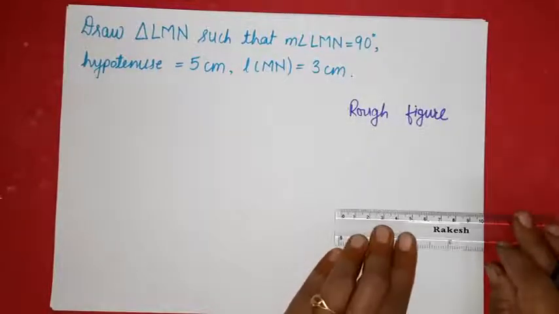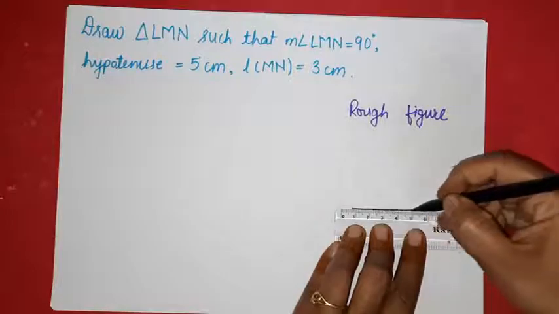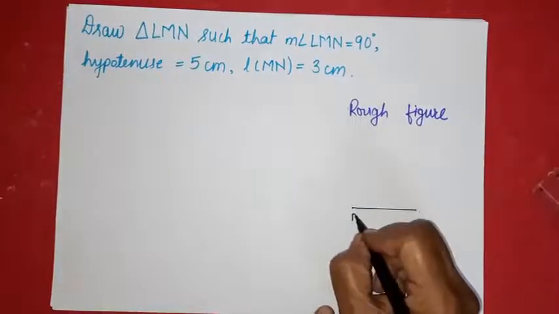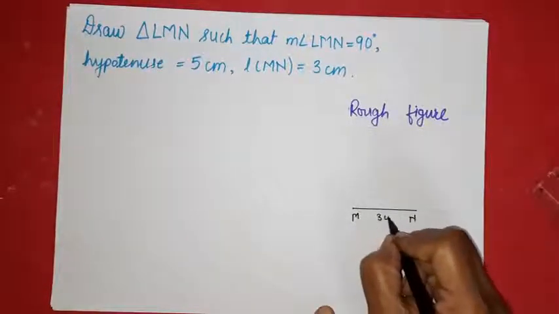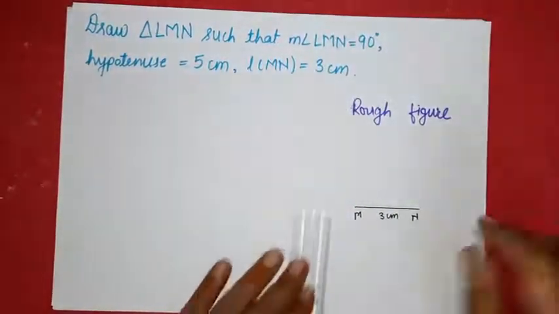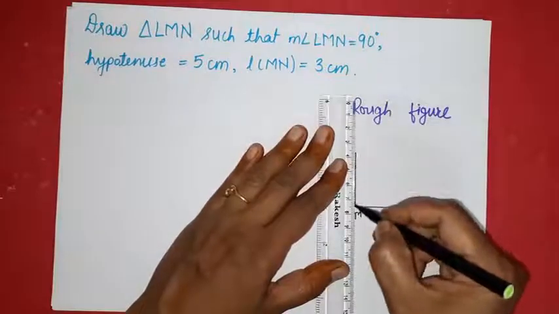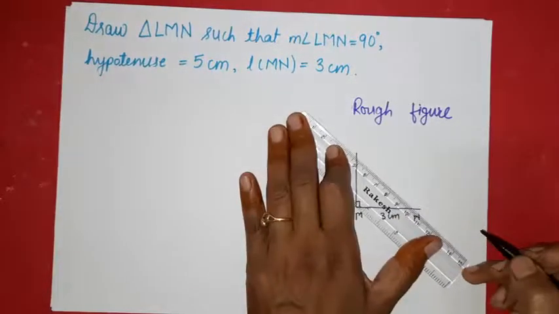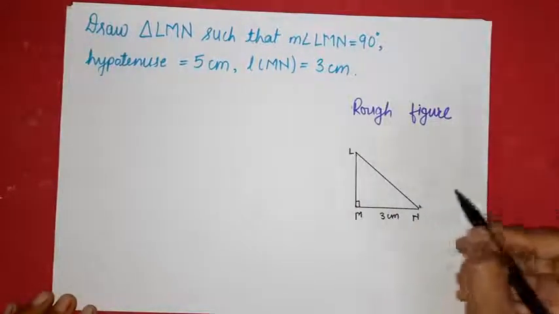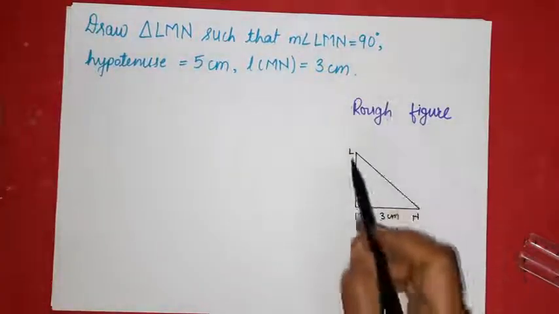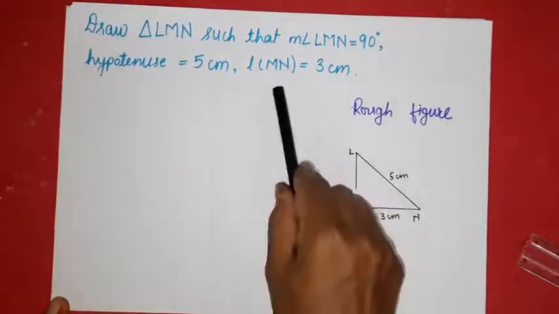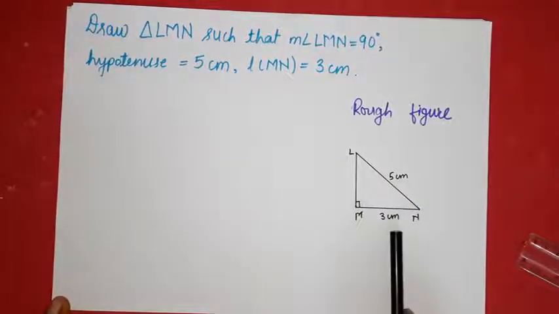Here we will draw the rough diagram. Draw segment MN as the base because this is the side forming the right angle. So we will take it as the base. It will be of 3 centimeter. Now there is a right angle at vertex M. So in the rough diagram we will try to show the right angle at vertex M and join the remaining two vertices to form the hypotenuse in the triangle. This is the vertex L. Now in this it is given measure of angle LMN is 90 degrees. This is the hypotenuse, so its length should be 5 centimeter and segment MN is the side forming the right angle, its length is 3 centimeter.